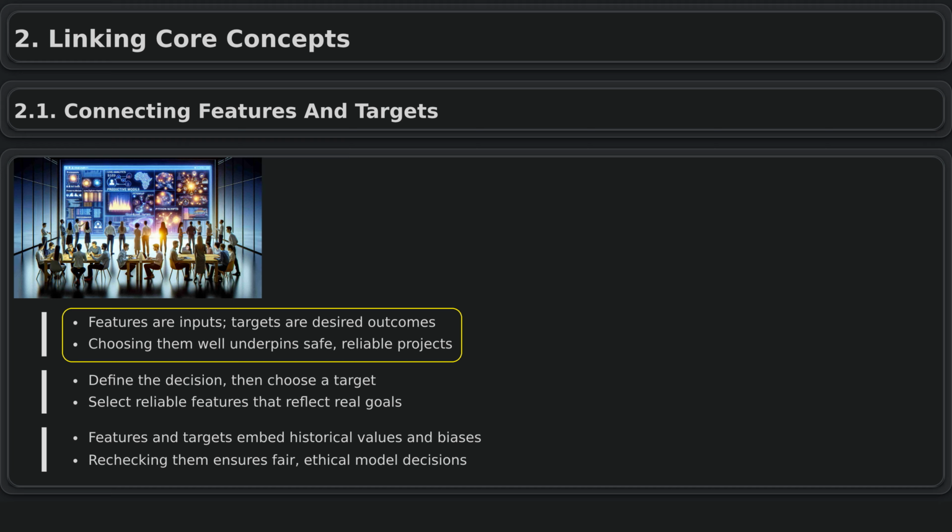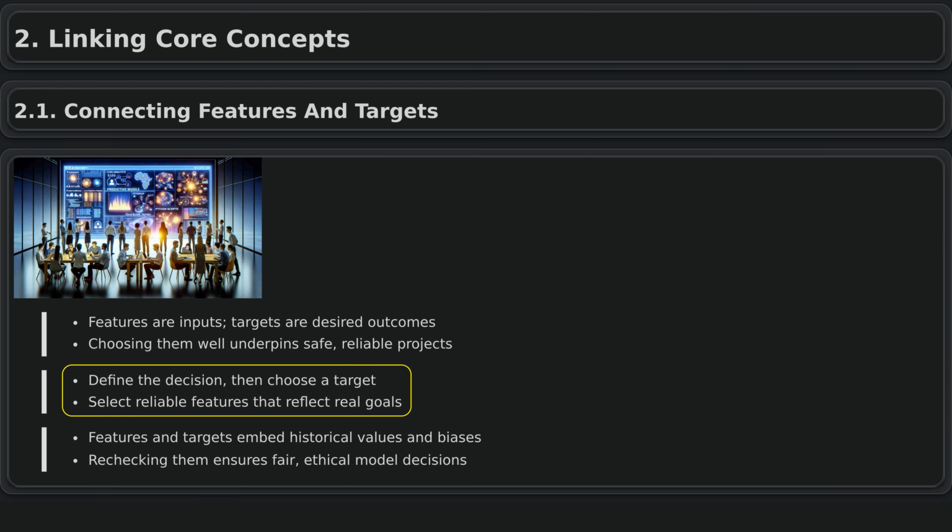undermine the entire project. In a project lifecycle, linking features and targets begins by clearly defining the problem and understanding the data. You first decide what decision or prediction you want to support, which becomes your target. Then you identify what reliable information you have to help make that prediction, which becomes your candidate features. For example, a city transport department predicting bus delays might use time of day and weather as features, with delay in minutes as the target. This process turns the abstract idea of inputs and outputs into concrete data collection and labeling, making sure the target